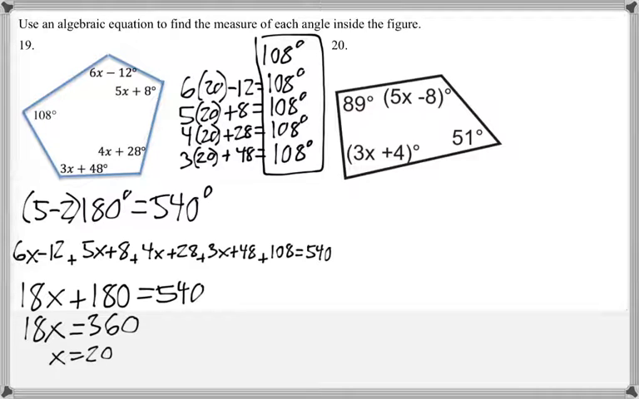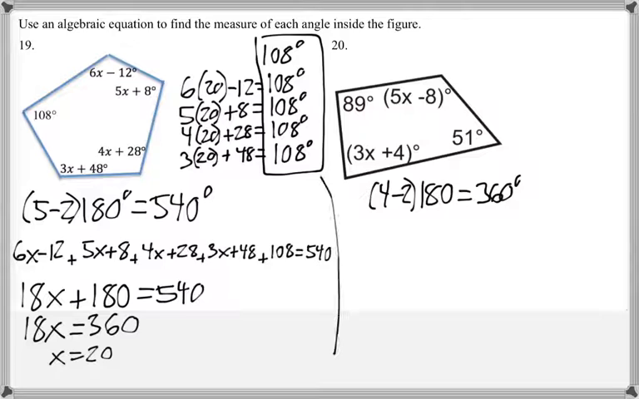On question number 20, we're also trying to find the measure of each angle inside the figure. So this is a quadrilateral, which means the sum of all of the angles has to equal 360 degrees. So I know that 89 plus 51, those are two of my angles, plus 5x minus 8 plus 3x plus 4, those are my other two angles. If I add them all up, they have to equal